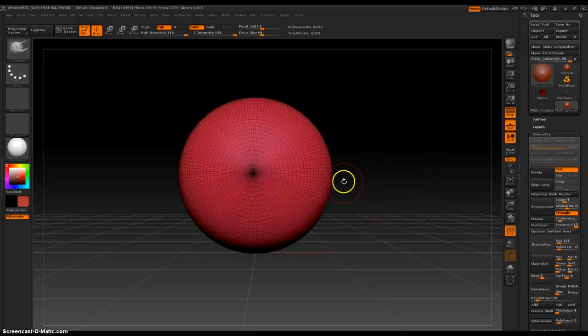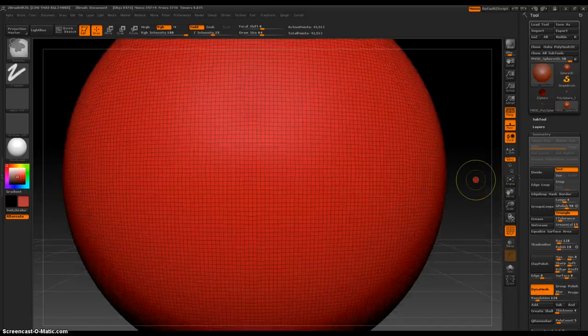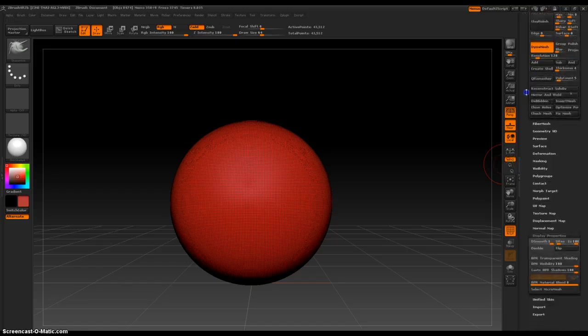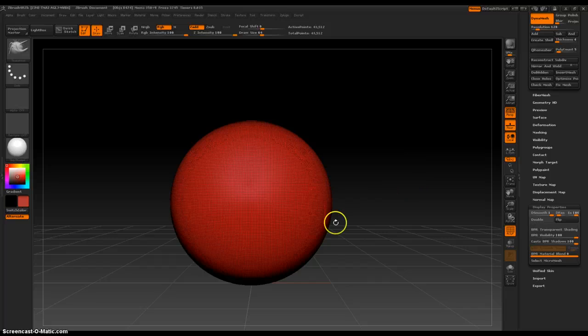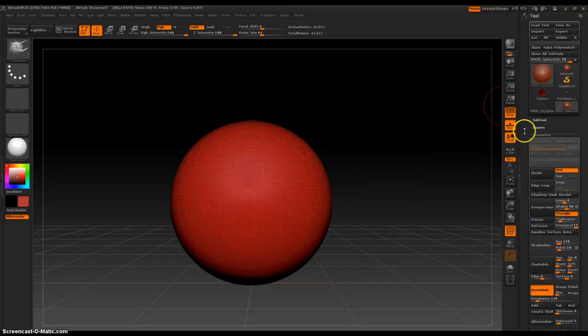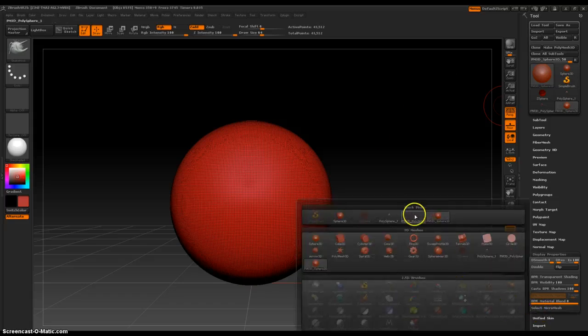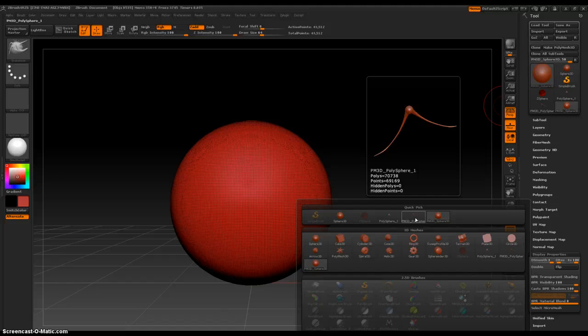Normally the object's like this, but that's kind of crazy, and we want to see smooth geometry throughout our entire object. So that's where you turn on DynaMesh, which cuts it up into little squares. So then we can more effectively place the DynaMesh or the MicroMesh object on what we've selected, or on our subtool, on the subtool that we have selected. Okay, so close geometry palette, then go down to select MicroMesh, and we made this a PolyMesh3D and this,